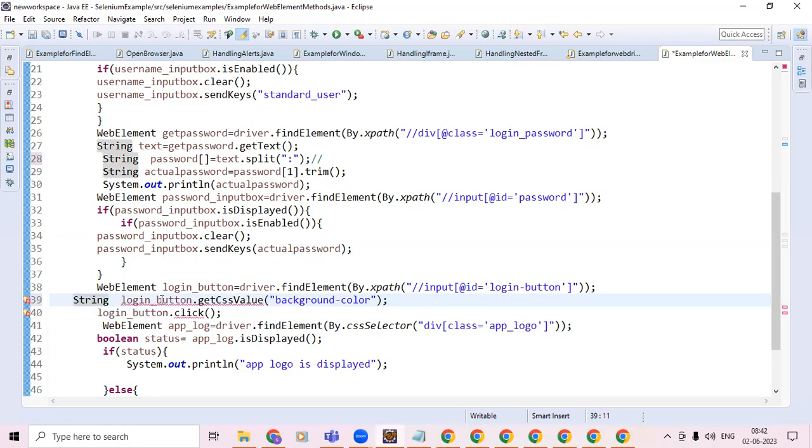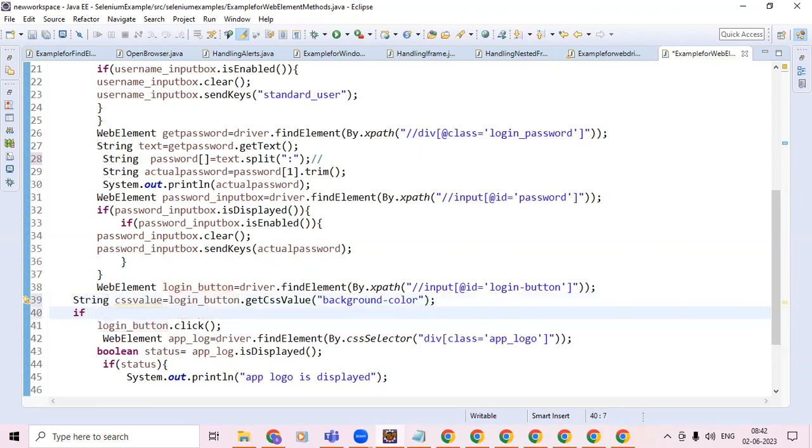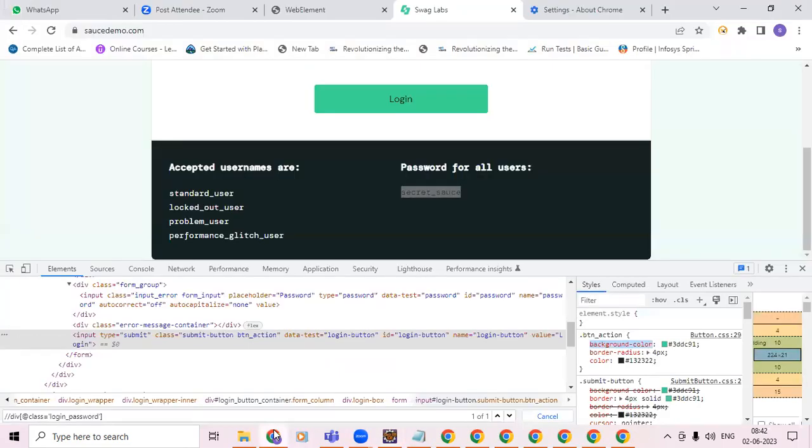Okay, this getCssValue will return me the string. So here I will write a string, text, or otherwise, css value. Once I have written this css value, I want to do the validation. So here I will write css value double equals, and whatever the value is coming here,